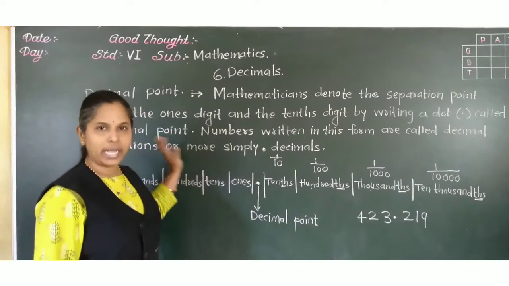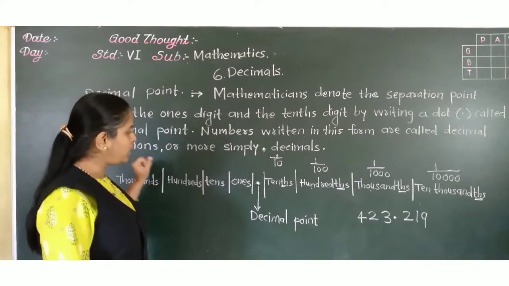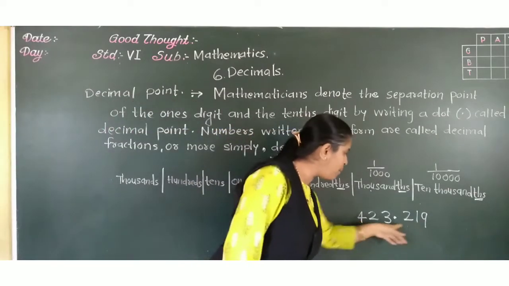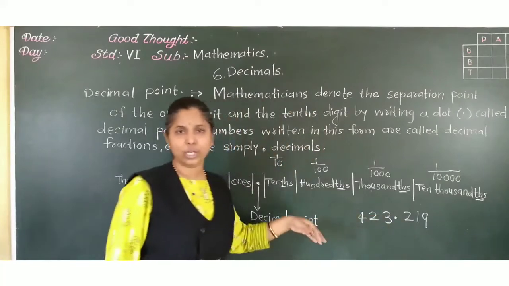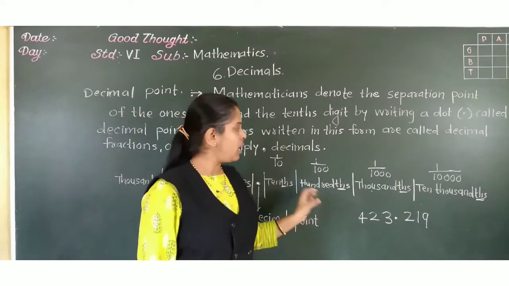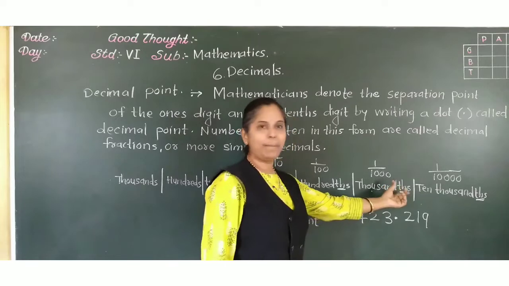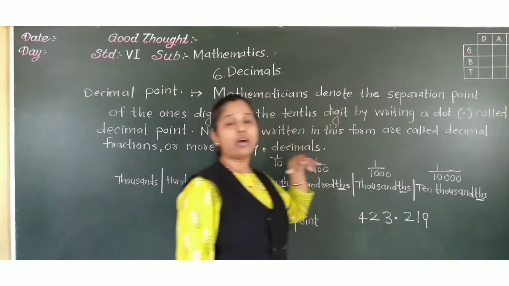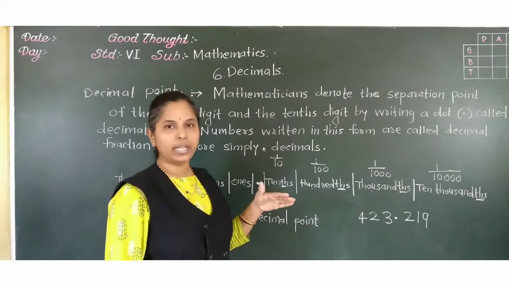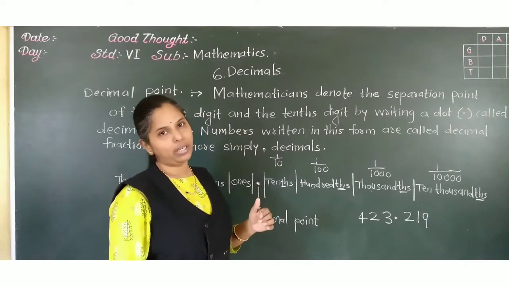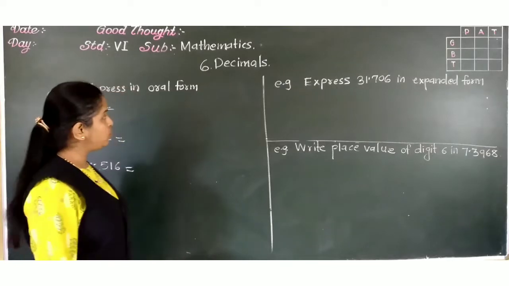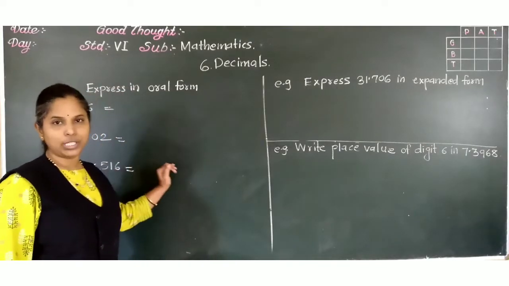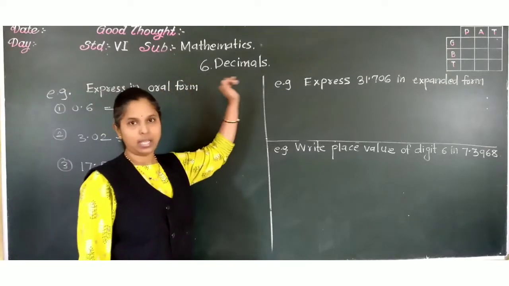This is about the decimal point. The important term is decimal point. When we write the number in this form, it is called a decimal fraction or simply a decimal. And this was about the places: tenths, hundredths, thousandths, ten-thousandths. Now let us learn in detail how to find the place value. See here, students, what type of questions will be asked in this lesson?